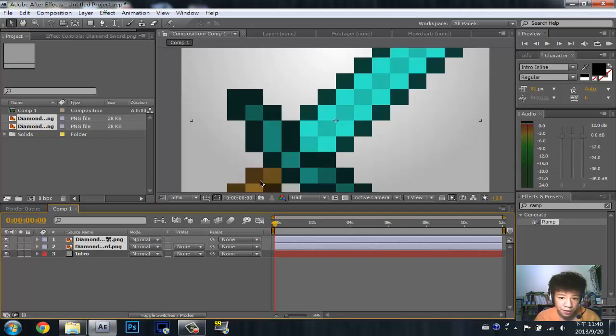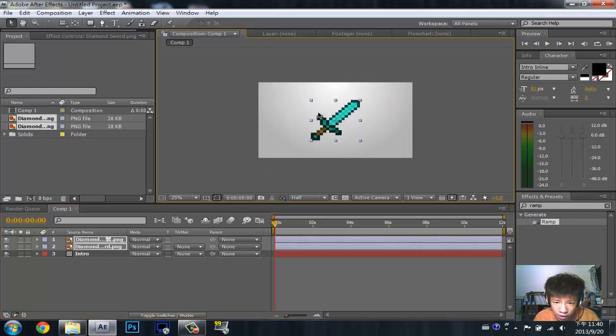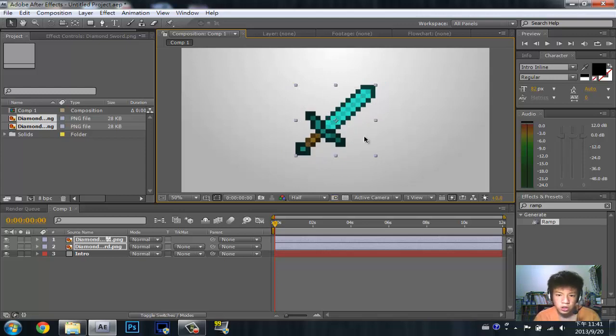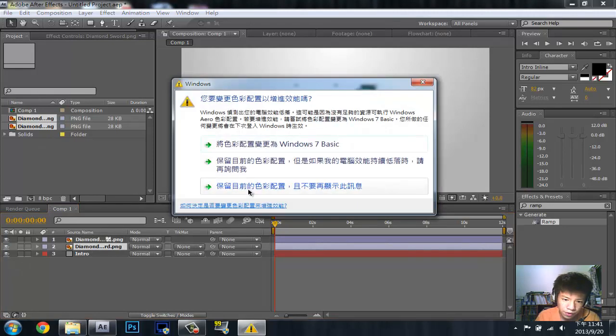And then once you've done that, scroll, and it will zoom out, and then make sure it is the size that you want it to be. Sort of not too big and not too small, like this. Once you've done that, unclick those, and yes, that looks about the size that we're going to want. And let's click on one of the